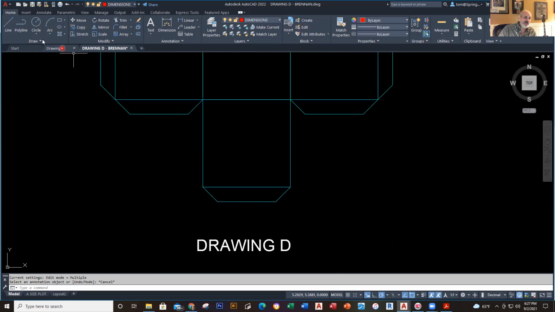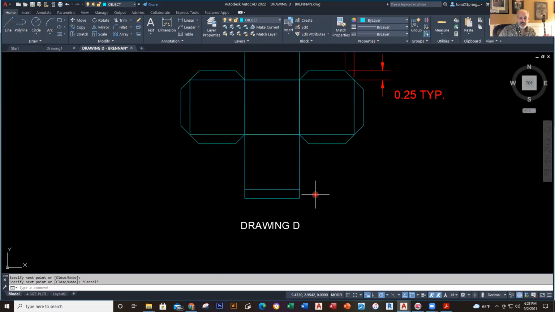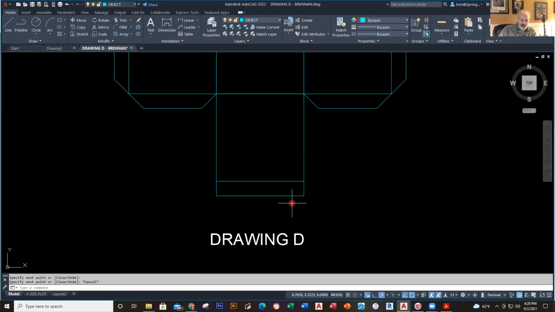So here's what I could do. Let's say I had drawn this a little differently. And I drew this like this. I had drawn this in such a way as to give you this. So if I had this line here, I would start here and I'd go over 0.25. And then I would go over here, 1.5. Then I close it like this. Okay, now at that point, it doesn't have the appearance that I want it to have, so I can use